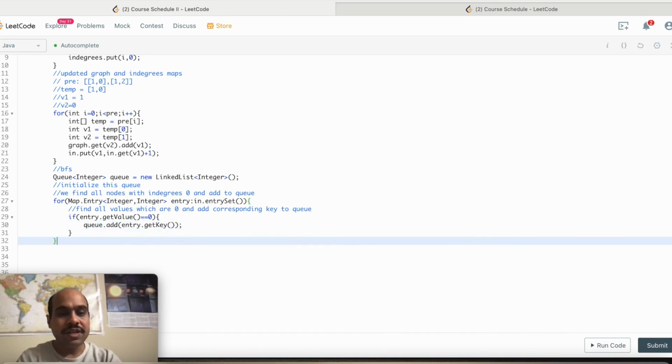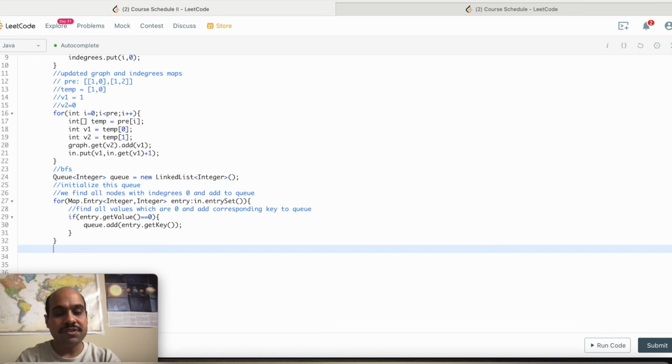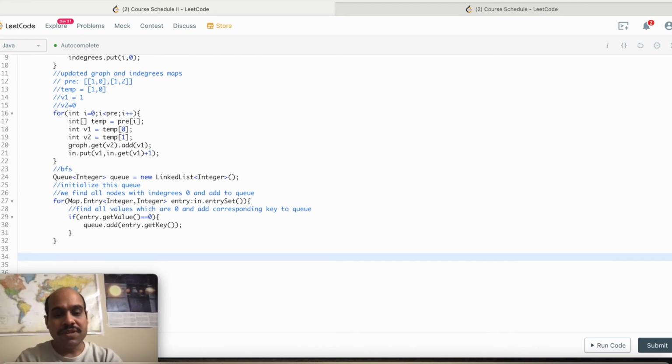Okay, so at the end of this loop we will have the queue updated with all the nodes where in degree is 0. That is our step 1. And once it is done, we need to simply loop through this queue until it is empty. So this is our base condition.